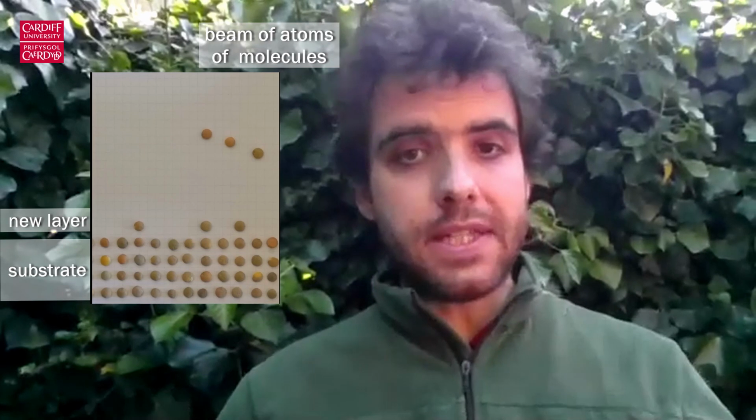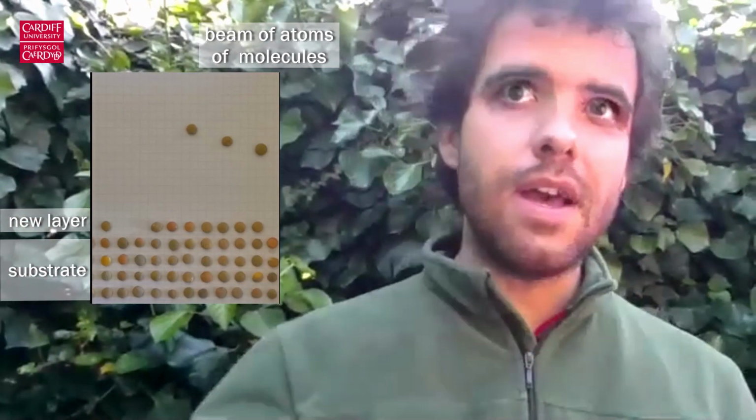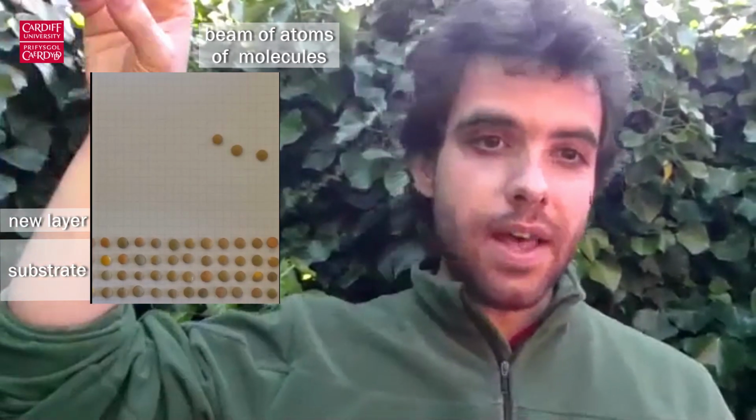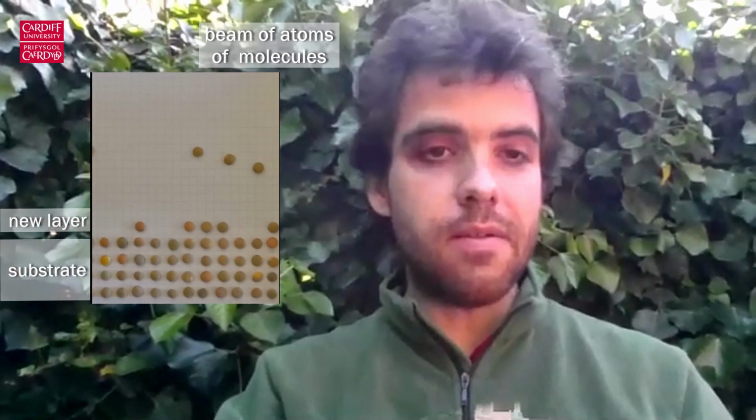What is going to happen is that when we evaporate, atoms come out of these materials. We are going to create a beam of these atoms. Let's use silicon as an example. We are going to heat it up, atoms will come out of the silicon, and we are going to create a beam of those atoms and focus them on our substrate, on our already formed crystal.